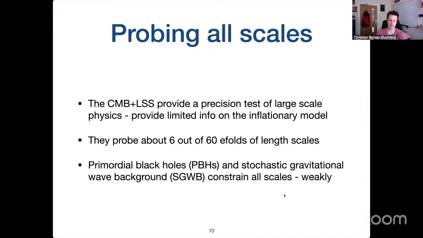So what can we do? Well, basically because of the large radiation pressures and densities, small-scale perturbations tend to be washed out, and there's nothing we can observe today unless we have a relic, which could be gravitational waves. You can ask Ganesh about that. He's much more an expert than me on that topic. Or primordial black holes, which is what I've spent a lot of the last decade working on.